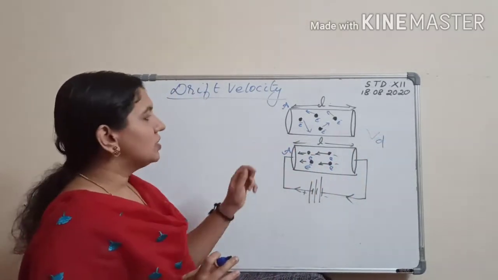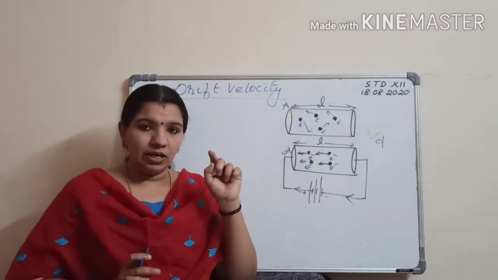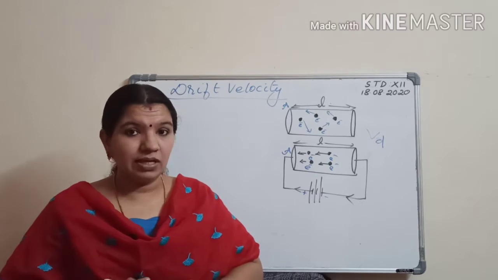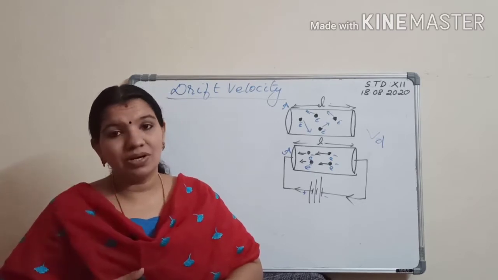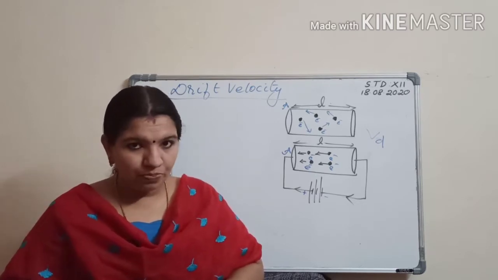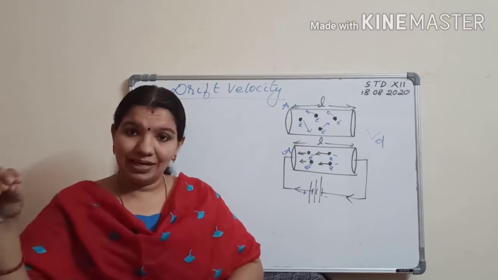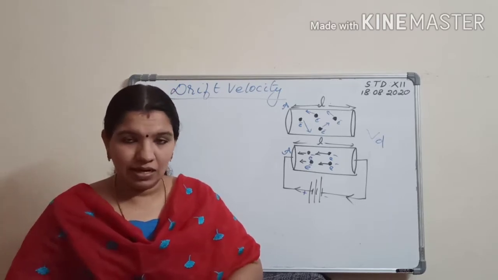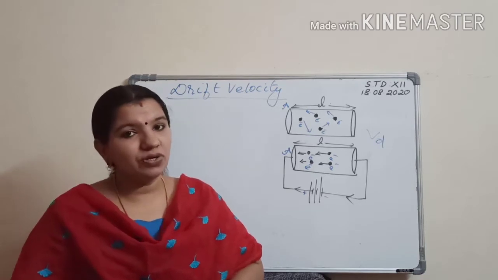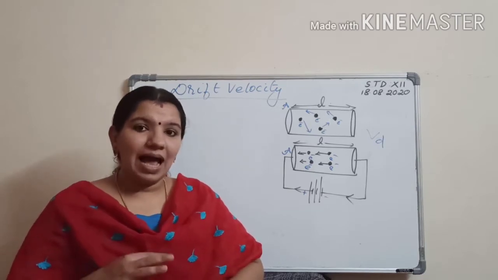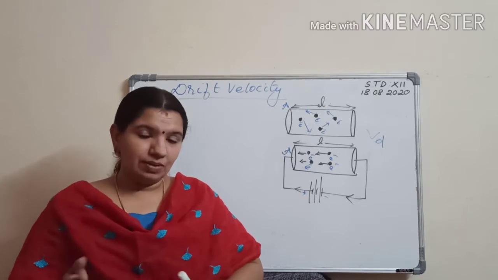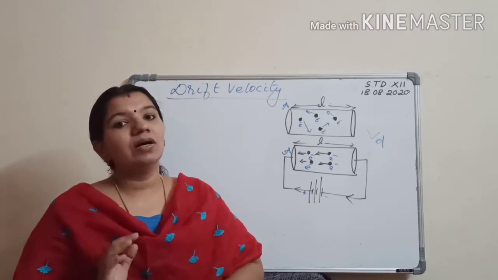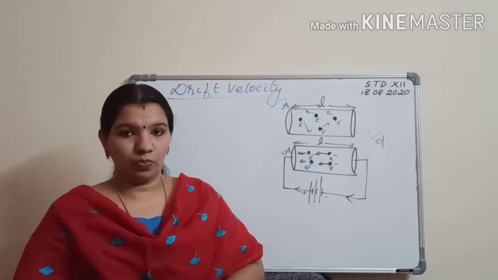Clear? So in the first case, each electron has an initial velocity. The letter used to represent initial velocity is u, so it can be u1, u2, u3, and so on. For n number of electrons, you write un. And what about the average of these velocities? As they are colliding with each other because of the random movement, the average of the velocities will be 0.